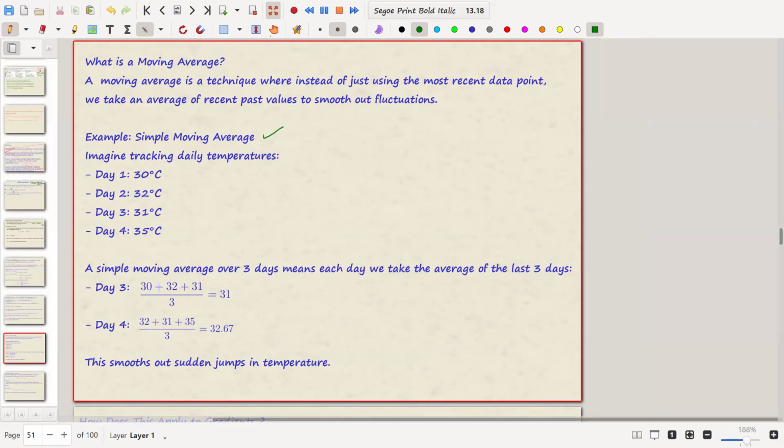So, tracking the daily temperatures. You can track the daily temperature, and you have day 1, day 2, day 3, day 4. Day 1, day 2, day 3 are 30, 31, 32 degrees Celsius, but day 4 suddenly jumps to 35. But if you take the normal average,